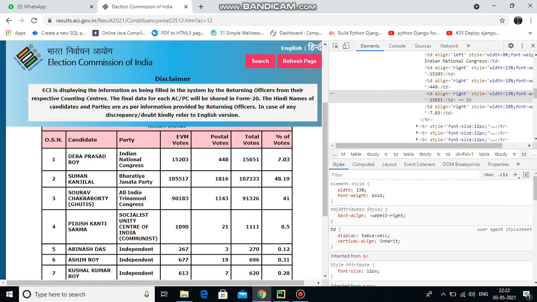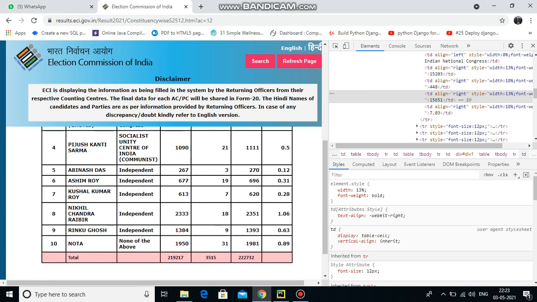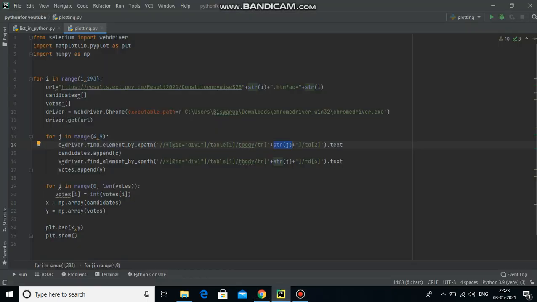Actually, these row numbers vary in different constituencies. In some constituencies there are 5 parties who have participated in the election and given their candidates. In some pages they have given 6 candidates. That is why I have used 13 or 12 here, so that we can cover all the constituencies in different pages.